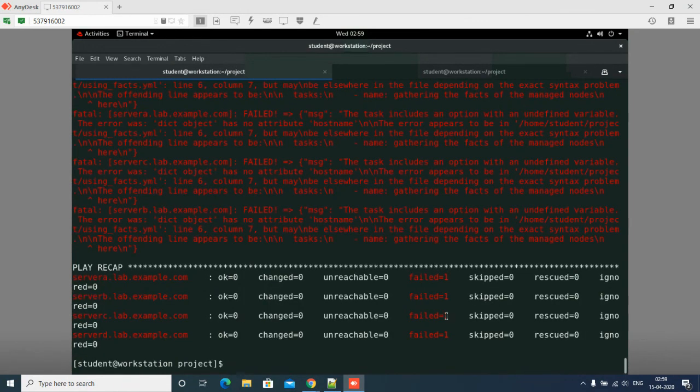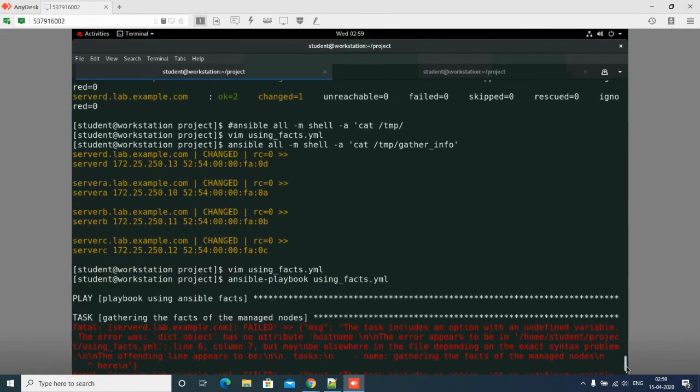They are failing here. Why? Because they are using undefined variables. It is an undefined variable because they are not gathering the facts. I get that variable only if they gather the facts. It is simple. If I have a biscuit, then only I can eat that biscuit. If I don't have a biscuit, I cannot eat it. If I don't have recharge in my phone, I cannot call anyone until I recharge my phone. Like this, if they do not gather the facts, I won't be able to use those facts as variables inside my playbook.